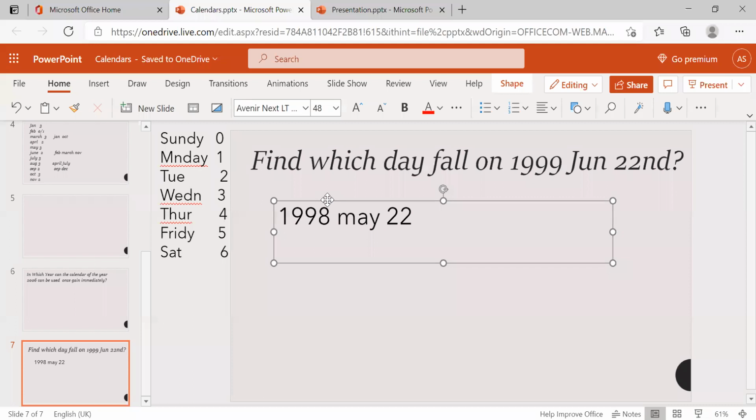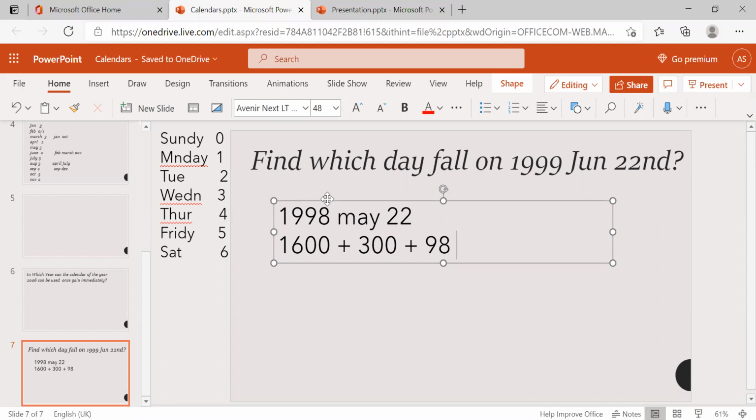Odd days. Now, first of all, 1998. So 1998, I can write like this: 1600 plus 300 plus 98. Is it clear? Why am I writing like this? Again, I'm saying the same procedure.